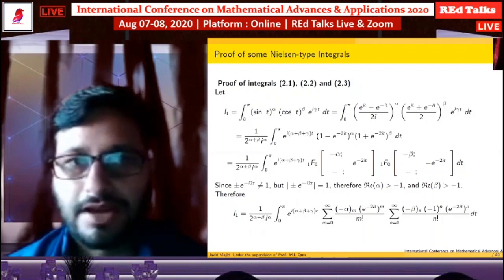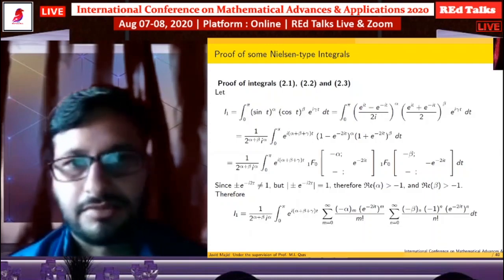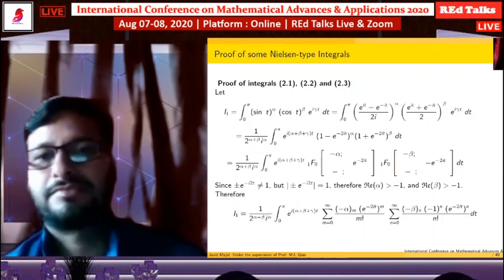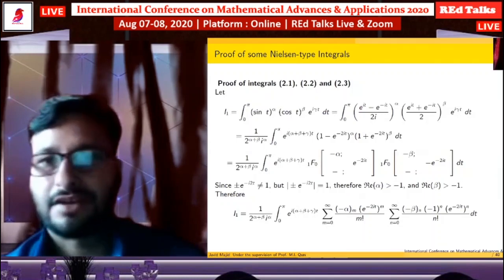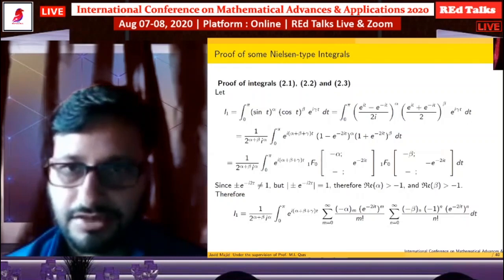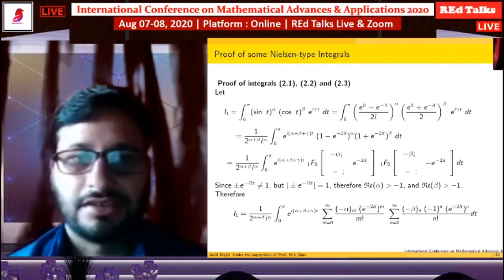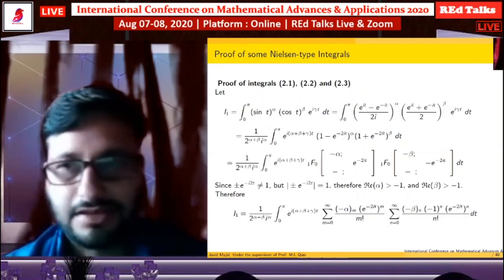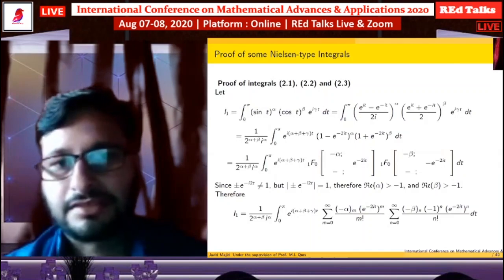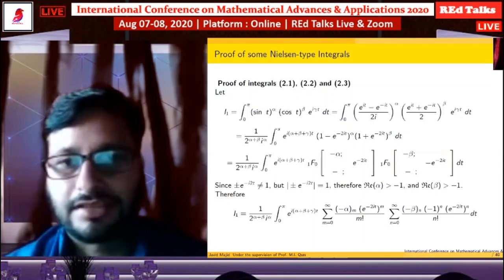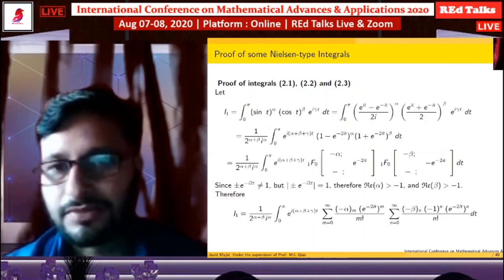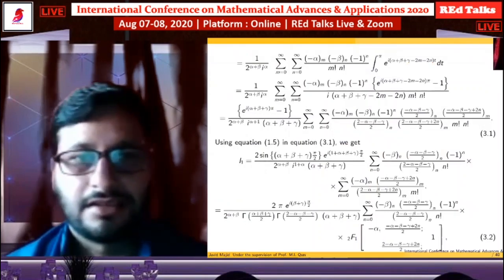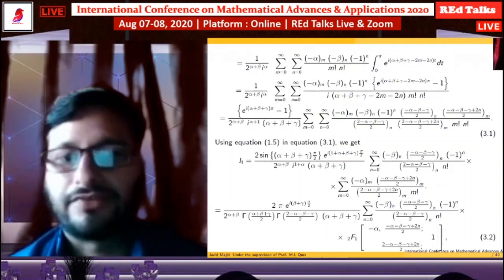I1 is equal to the integral from 0 to pi of sin t raised to the power alpha, cos t raised to the power beta, e raised to the power iota gamma t dt, which is further equal to the integral from 0 to pi of ((e raised to the power iota t minus e raised to the power minus iota t) divided by 2i) whole raised to the power alpha, into ((e raised to the power iota t plus e raised to the power minus iota t) divided by 2) whole raised to the power beta, into e raised to the power iota gamma t dt, which on further simplification becomes one upon 2 raised to alpha plus beta, iota raised to alpha, integral from 0 to pi of e raised to the power iota (alpha plus beta plus gamma) t, 1F0 of minus alpha, e raised to the power minus 2it, 1F0 of minus beta, minus e raised to the power minus 2it, which on further simplifying and using equation 1.5,